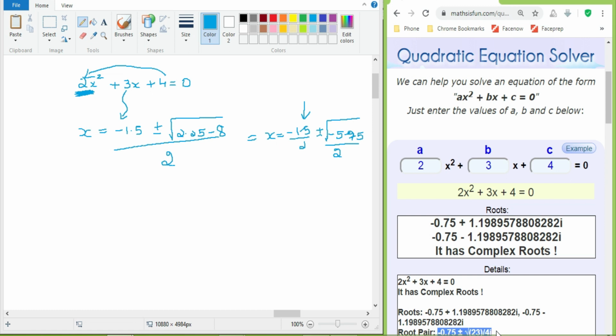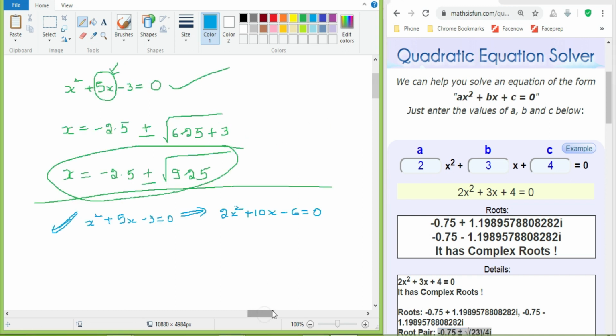Is it clear, guys? Now I'll go back to the previous question. Now guys, try to solve this. So if 2x square plus 10x minus 6 is given, I can tell x is equal to first half of this, that is nothing but 5. If it is plus, make it as negative.